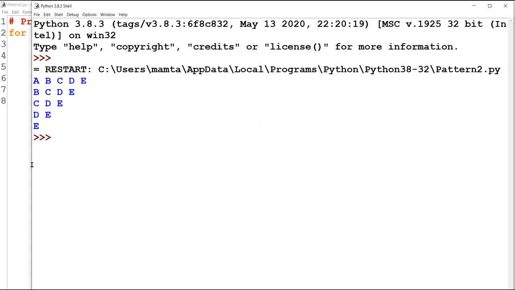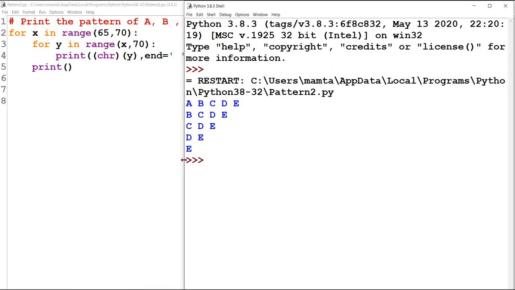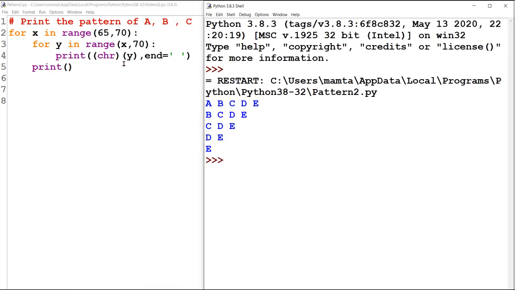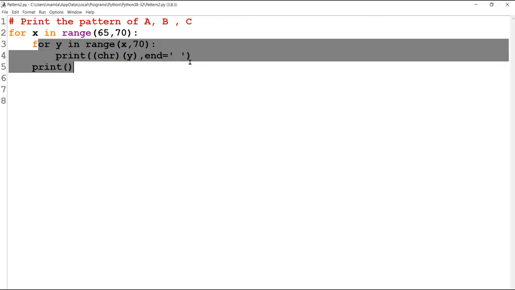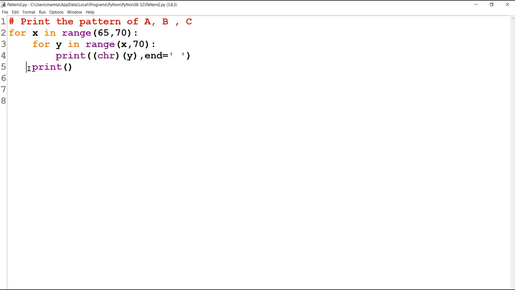Like this. So this coding you can compare here. A, B, C, D, E, this is being printed from the inner loop. So when Y is responsible for printing these columns, after a certain column, we want a gap. That means after 5 columns, we want a line gap. So when Y's iteration is over once, that means once this loop is over, we want a line gap. For bringing the shape in that way, this line gap is necessary.